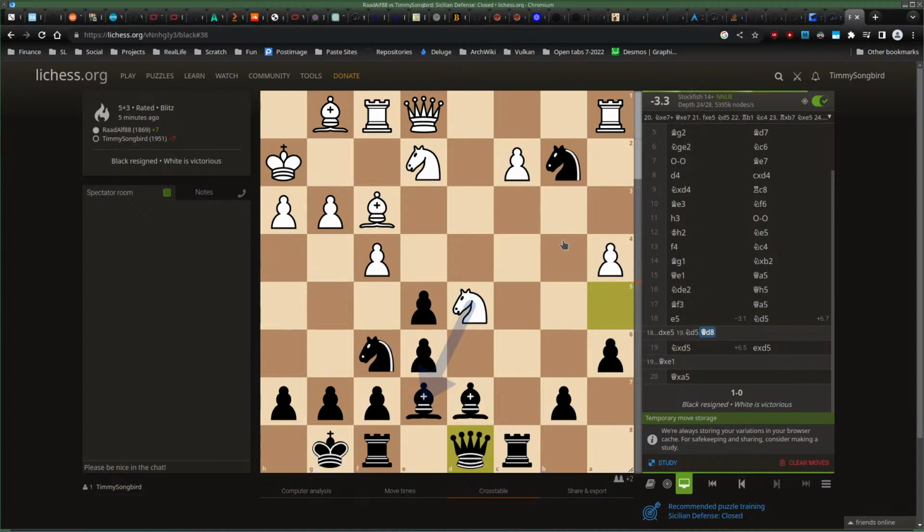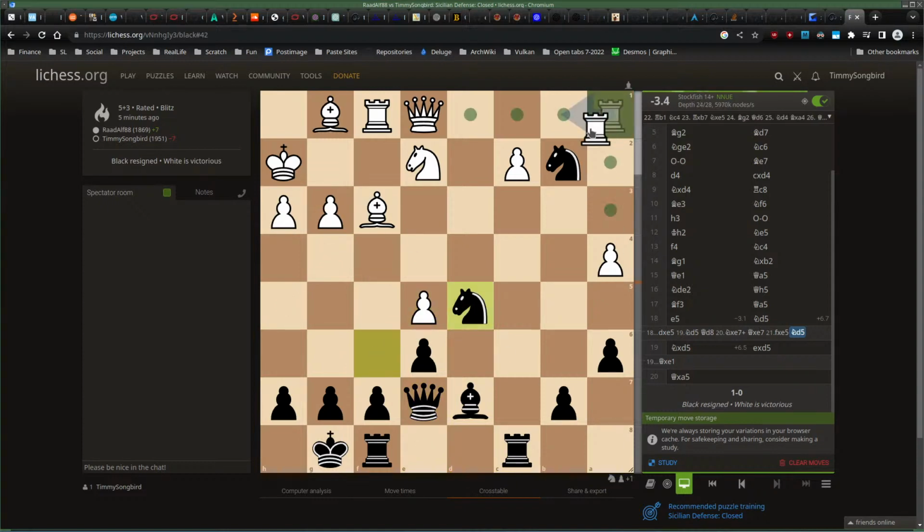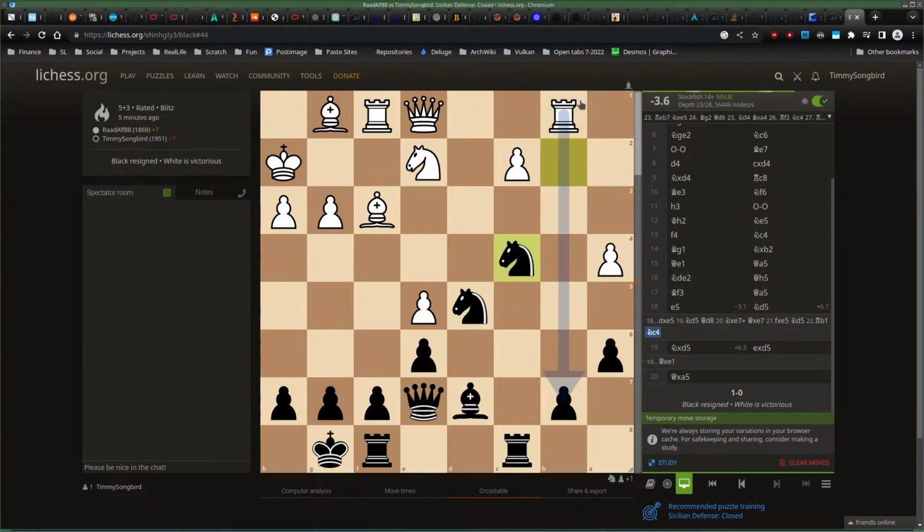And apparently white has nothing better than to exchange here. And take this back, and then I block that bishop. But he's still going to win the pawn, but I can at least save my knight. They take that pawn, but immediately I get a pawn back. So yeah, no. And this one is also attacked.